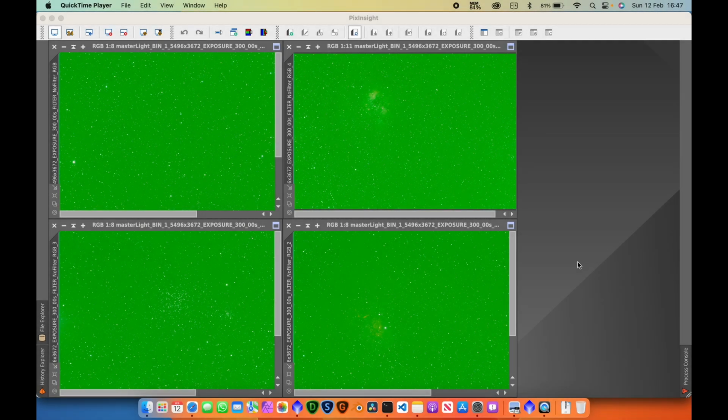So the first step is image preparation. What we need to do is just make sure that we've cropped all of these images, removing any of the stacking artifacts around the edges of the frames. You'll notice that these are all one-shot color camera images, and therefore they have that sort of green cast to them, very dramatic green cast. We need to do some background extraction, either dynamic background extraction or automatic. Those sorts of things. Then once we've done those operations, we move into step 2, which is plate solving,